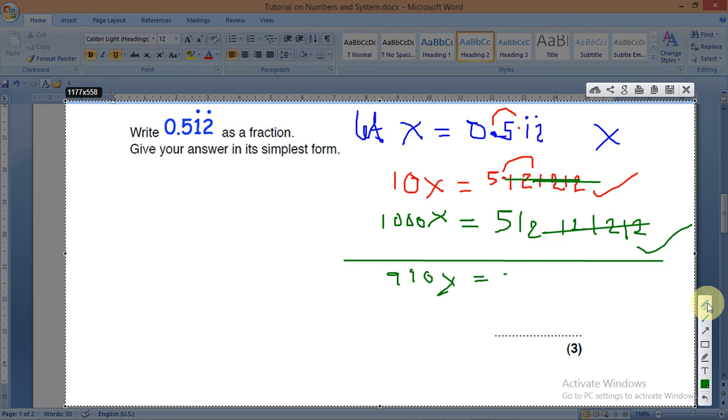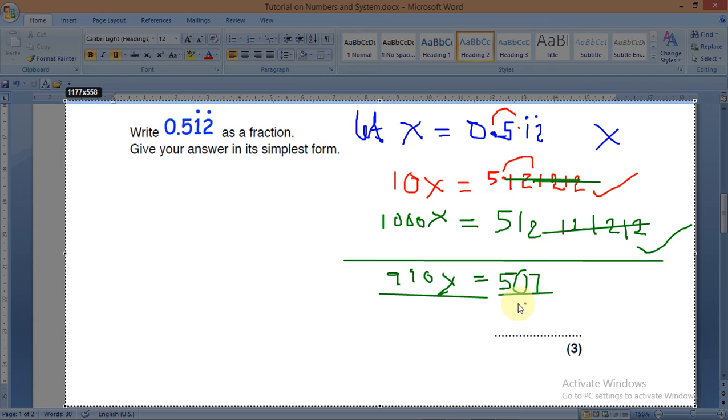Sorry about that. You can use your calculator to confirm that. So 507. Let me just confirm that so I don't prove to be too smart. So 512 minus 5, and that gives 507. So what do I do to both sides? I'll divide both sides by what? By 990 because I'm looking for x. So divide by 990, divide by 990. So meaning that x will now be